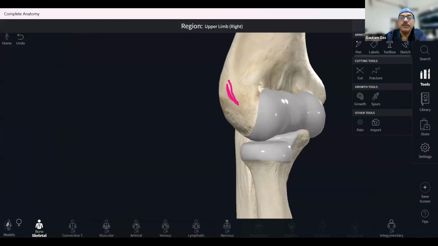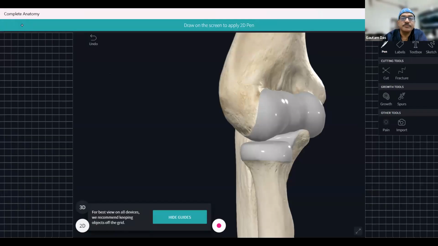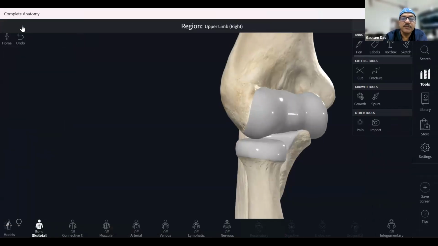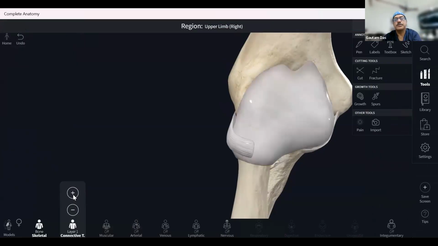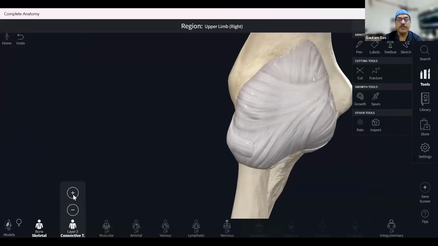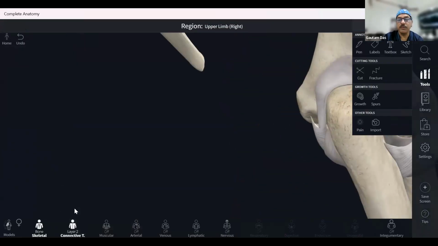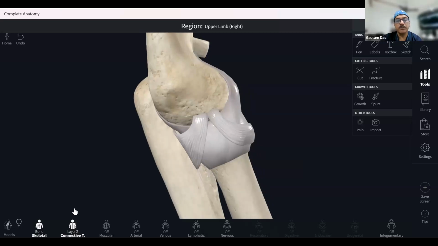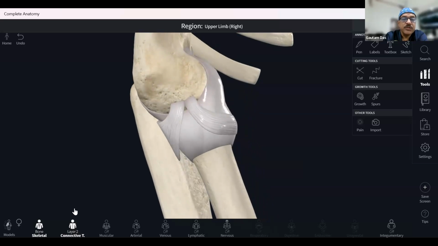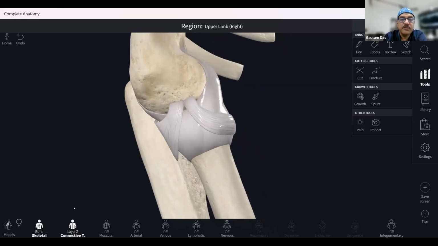So let me clear the drawing first. And now let me put in the ligaments. A few of the ligaments are very important. This is your synovium, the synovial sac of this elbow joint. Then there are the ligaments. These are the different ligamentous complexes. Let me talk about them one by one. First, let us go to the lateral ligamentous complex. On the lateral side, this ligament is the